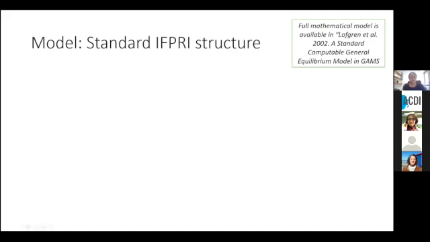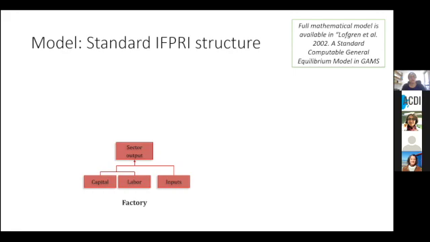So at the production level, or what we call here the factory, producers use factors of production. Here we include labor and capital, although you can have other factors of production. So they use these with intermediate inputs to produce an output. Production decisions are nonlinear, and the first optimal order condition from the profit maximizing behavior is included in the CGE